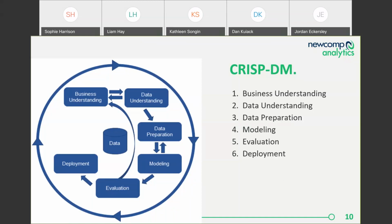If there's missing data, do we take it away? Do we replace it, etc.? In addition, the third stage is talking about data preparation. Now, this is where the prep palette in Alteryx will come into play. So ETL, and again, if you haven't seen the tool, I will show it in a second. I just want to show the model first and then talk about how Alteryx can be used to